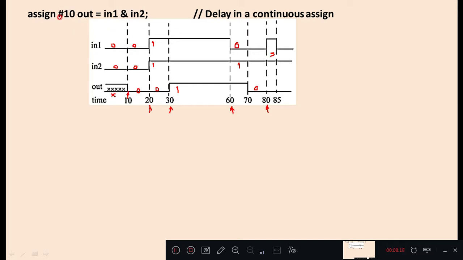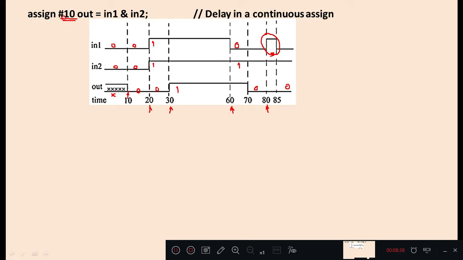This #10 corresponds to any input change lesser than 10 time units. It is rejected as noise. It won't appear at the output. So at the output the value remains as 0 only.